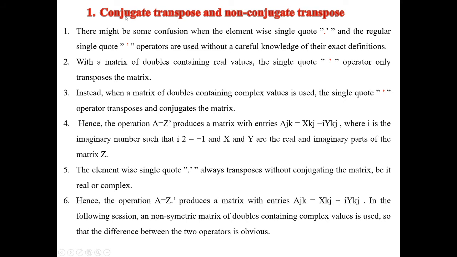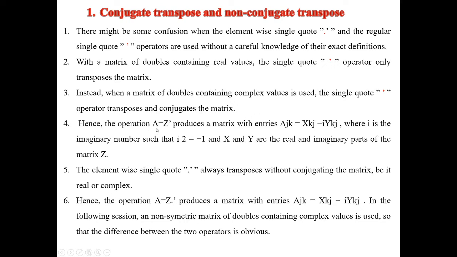First we are going to learn about conjugate transpose and non-conjugate transpose. You know what is transpose, right? Conjugate transpose means combining this with transpose. Each and every dot or colon has a special function for each operation. If you are using the single quote, it means that it is a transpose of a matrix. By using this single quote itself, Scilab will identify that it has to transpose the matrix.